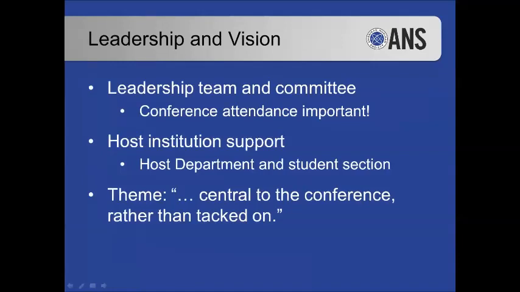You need to think about how your team is going to be successful. And really the key to that is having the right people working on that with you. Especially the people in leadership, these need to be people who are really passionate and enthusiastic about a conference, because, to be completely honest, it's a lot of work. It can be a lot of pain, but it's a lot of fun also,